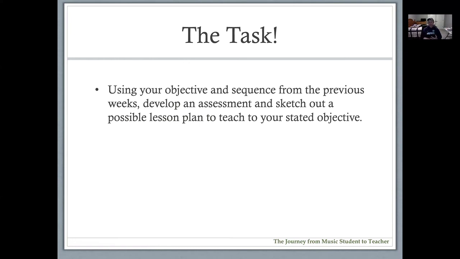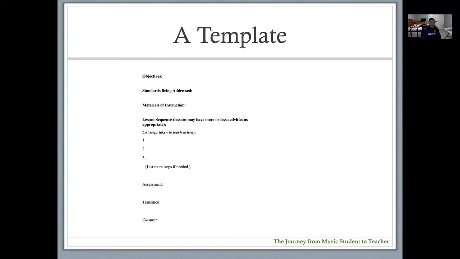So using your objective in the sequence from the previous week, develop an assessment and start sketching out a lesson plan that you plan to teach to meet your stated objective, okay? And I'm going to provide a template. As you can see, objective, and then the materials for instruction, the lesson sequence, the assessment,